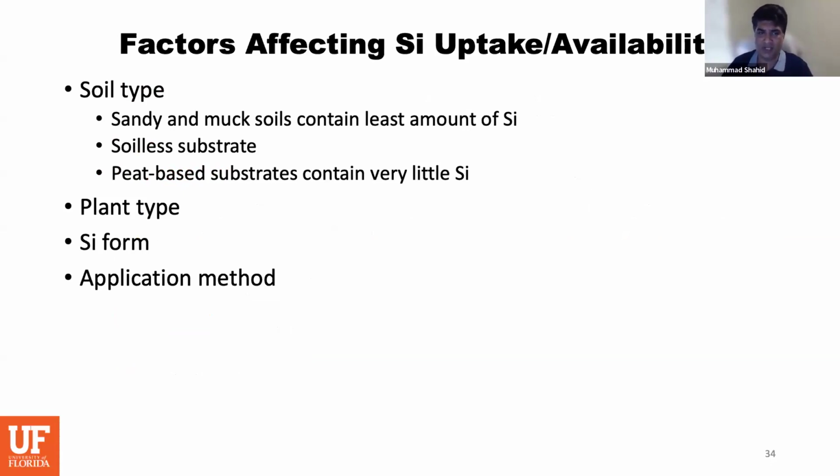So silicon accumulators, for them we don't need to apply it with more frequency. They can very well uptake the nutrients, the silicon, and hold it within their tissues. But the non-silicon accumulators, mostly the woody and perennial plants, are non-accumulators. They can uptake the silicon only up to a certain limit, and after that, even though you are adding higher amounts, they are not going to